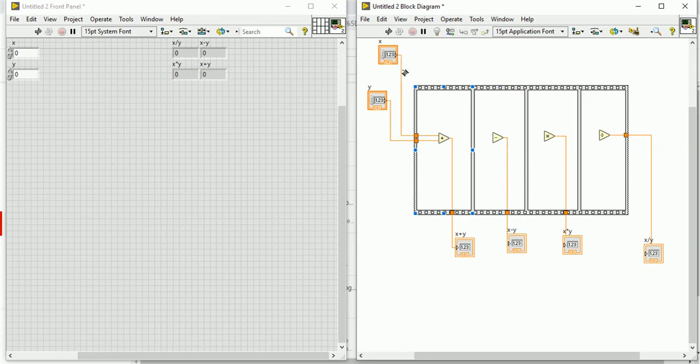So okay, let's connect with this x and then this is the y. Okay, now it is connected. So for this also connect with this, and for this, okay fine, and for divide also connect this is the x, and this is the y.